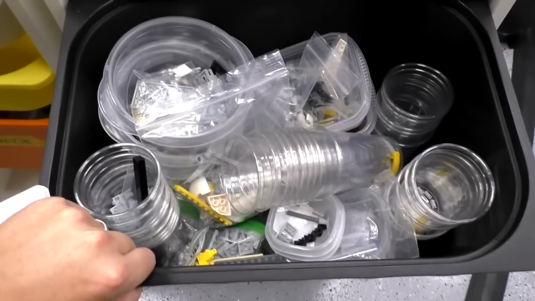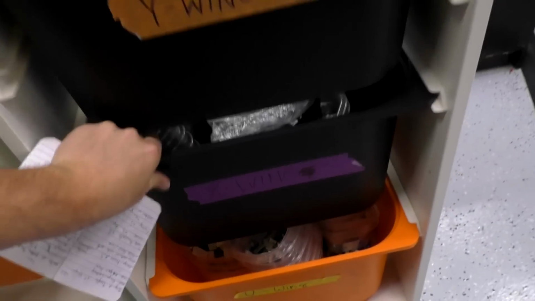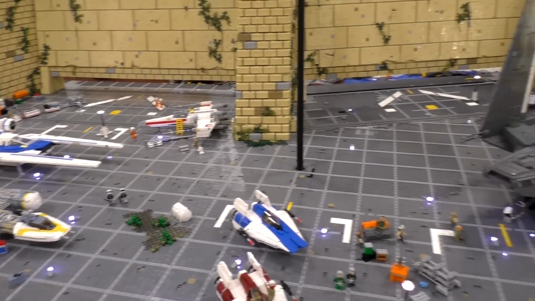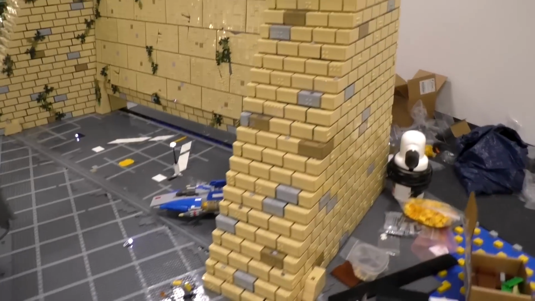There's a few more, believe it or not, a few more X-Wings and Y-Wings that we need to build. So I think we'll get another X-Wing built and placed here, and we might even place another Y-Wing somewhere on the tarmac here. One plan that I've been talking about with Jack, and Jack might take over the design phase on this